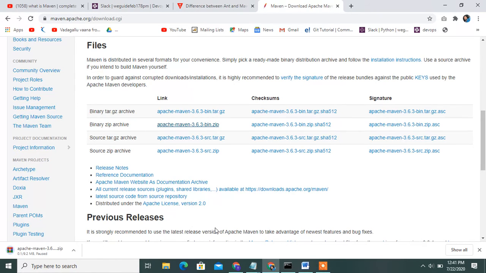Once you install this, it is stored in the download section. Under the download section, you can unzip it. You unzip this Maven folder and see what happens after unzipping.